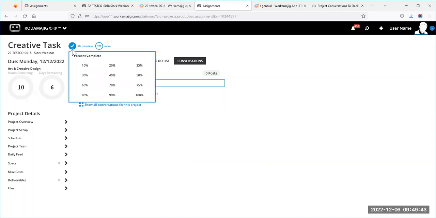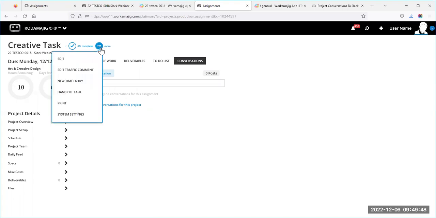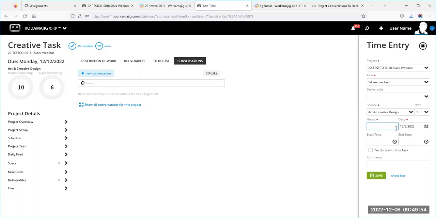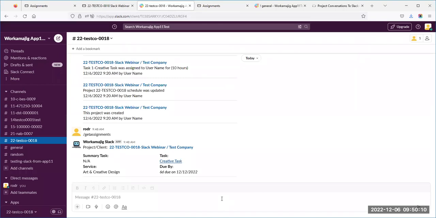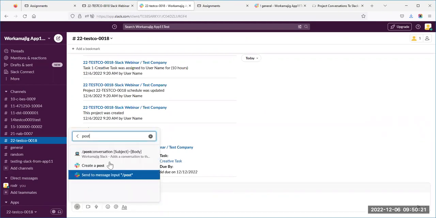You do have the ability also to update your task and say, am I done? Marking it 100%. From the More button, I do have the ability to add some time. So I can say, hey, let me add some time while I'm here. I spent a couple of hours on this. So you can do a lot of things through this assignment card. And again, this is what would have popped up in Today Creatives had you gone that route. So we're trying to guide you back to using Workamajig by giving you some resourceful information here in the Slack interface. The last command that we have currently working, if I say /post, I can post a